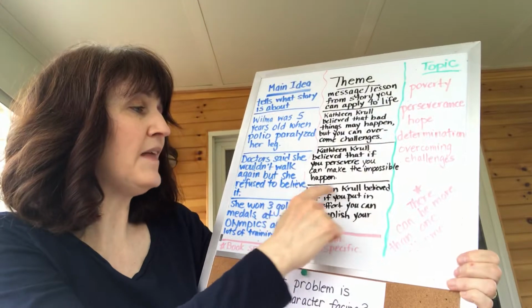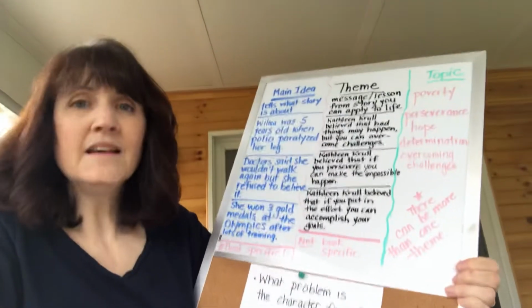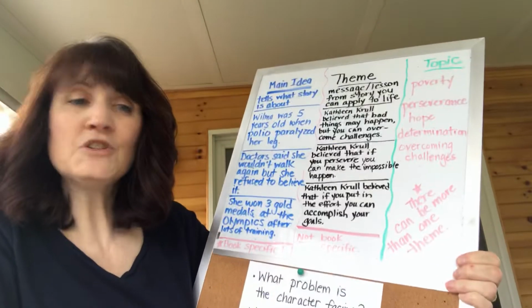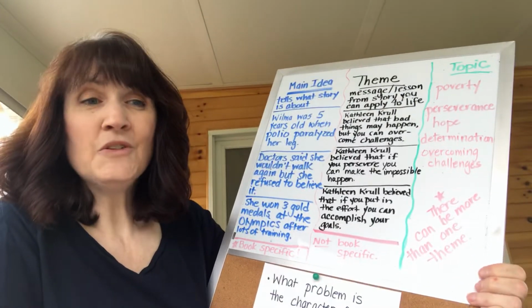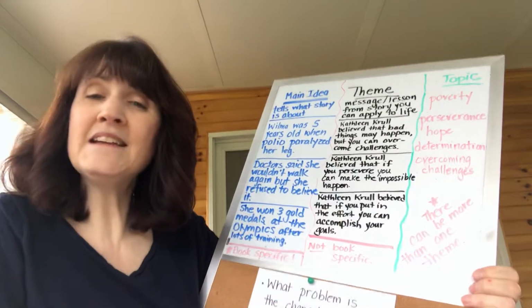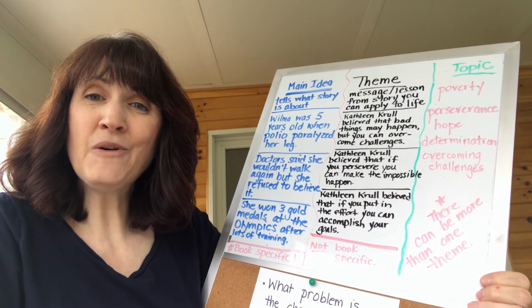And remember, if we take away the author believed that, it gives us our theme, our lesson that anyone can learn in life. If you put in the effort, you can accomplish your goals. There can be more than one theme in a book, as you can see. So you can go ahead and make your list. And as long as you can prove it with your main idea, with a text detail, you will have your theme sentence. And we look forward to reading those.